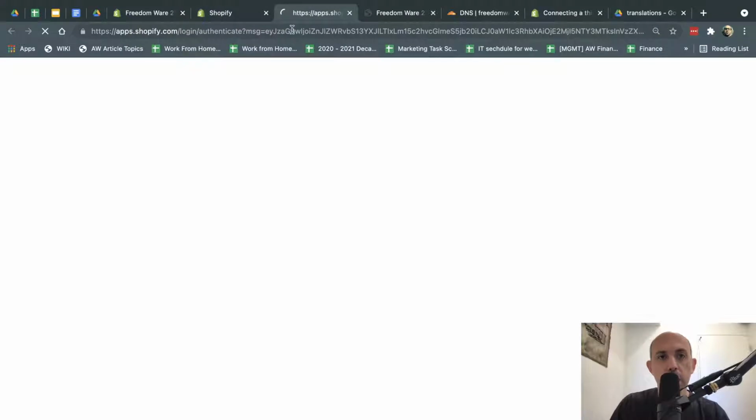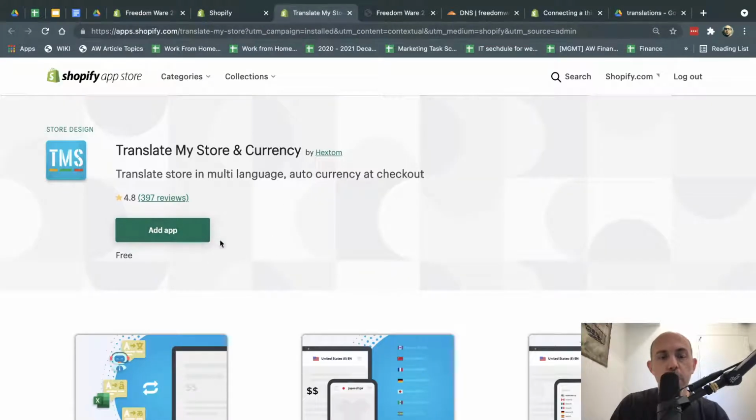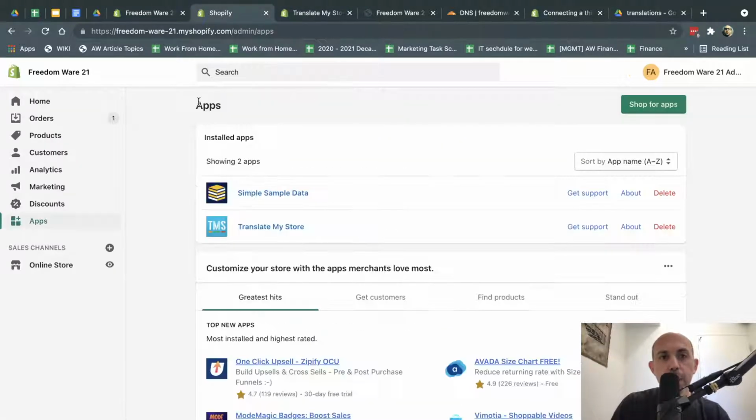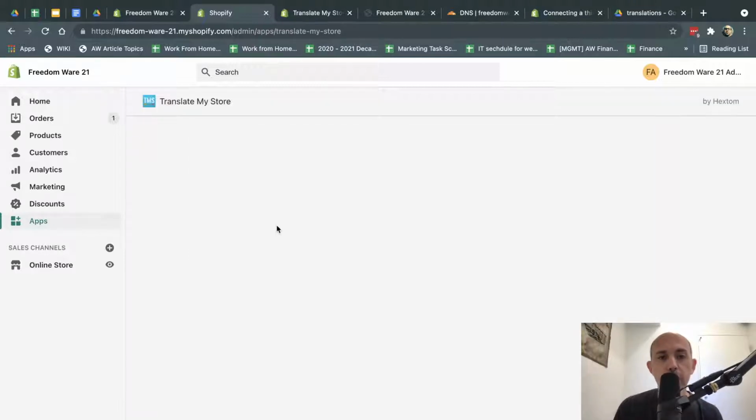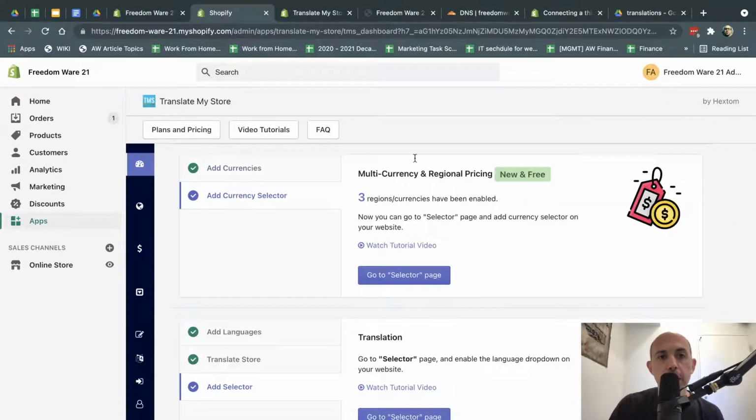I'm going to put the URLs in the description. So what you're going to do is click on add, and then there are a few options for this. Once you click on add, you install it. Once you install it, it's going to set up for the first time, and you're going to make sure that the currencies and languages you've selected are set up. Now, if you've already followed my steps on settings, they'll be correct, but you can always view them and look at them simply.